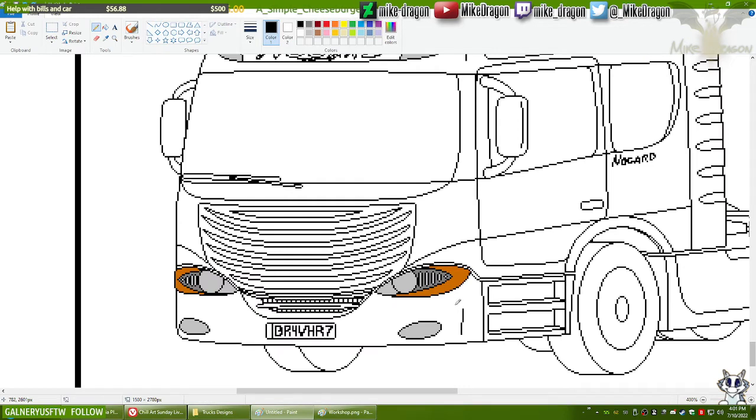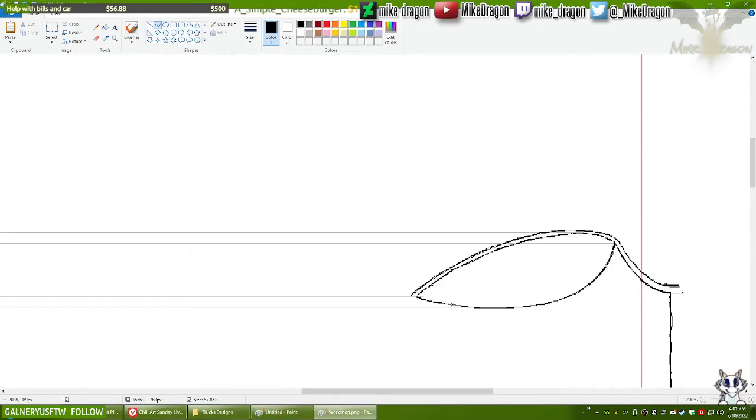And if you guys remember, the indicators in this truck are supposed to be some sort of subtle arrows pointing to each side. So for that reason, they are pointy like this.